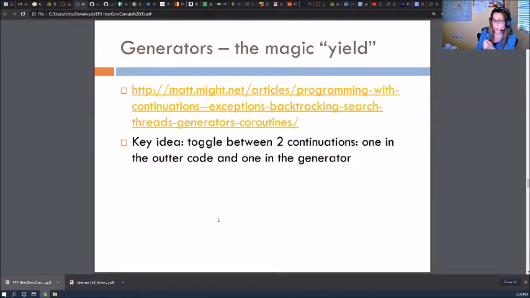You may want to read more about the magic yield and how it relates to continuations. But basically, when you have a generator function, what I taught you about the way that functions are implemented, where every time that you call a function, a new frame gets added to the stack, and when you return, that function is popped off the stack, all of that does not apply here. That's what I'm saying. So generators are these special functions.